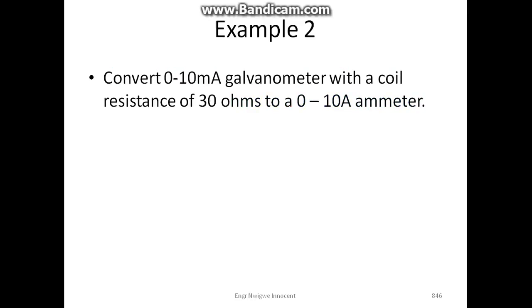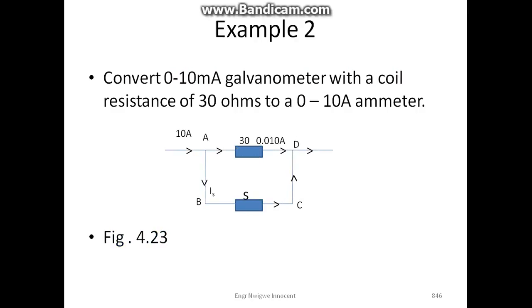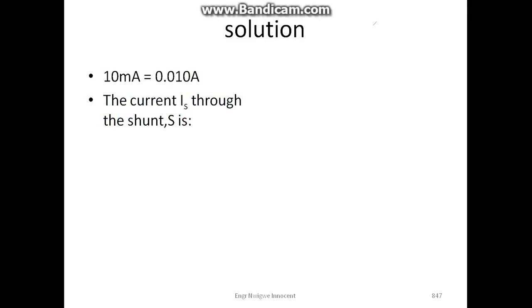Example 2. Convert a 0 to 10 milliamp galvanometer with a coil resistance of 30 ohms to a 0 to 10 amp ammeter. Figure 4.23 shows the diagram. Solution. 10 milliamp is equal to 0.010 amp. The current IS through the shunt S is 10 minus 0.010, which is equal to